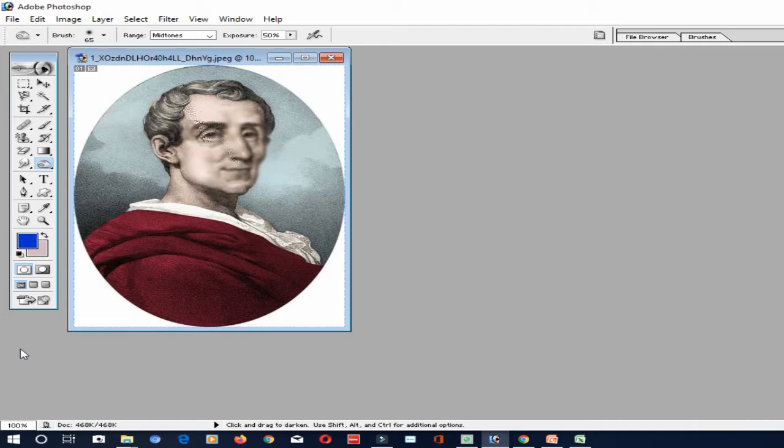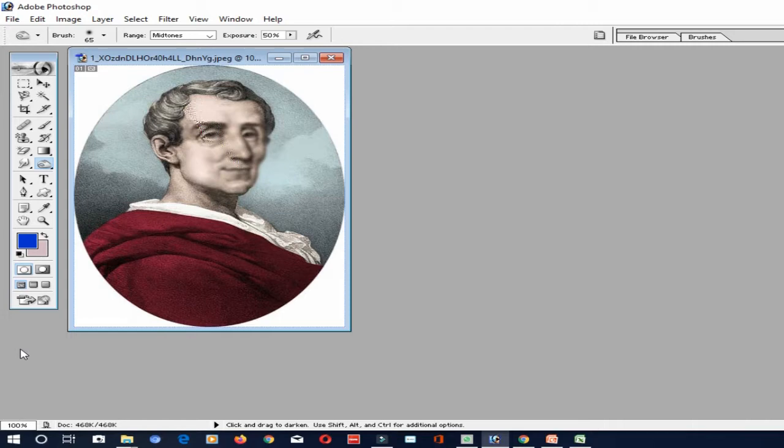You have to separate the objects in layers so that you can work on one layer without disturbing the other layer. The layers are used to perform tasks such as composing multiple images, adding text to an image or adding vector graphic shapes. So you can move a layer to position the content on the layer. You can draw and modify objects on one layer without affecting the objects on another layer, as I told you now. You can also change the opacity of a layer. So opacity means what? The way it looks. If you want to make it more clear, you can increase the opacity. If you want to decrease the opacity, that is also possible, to make the content partially transparent.